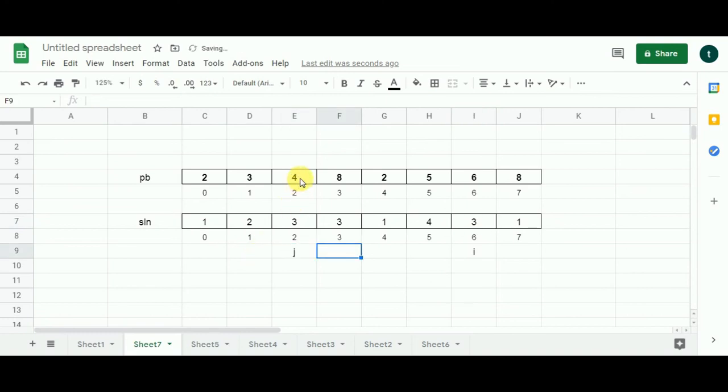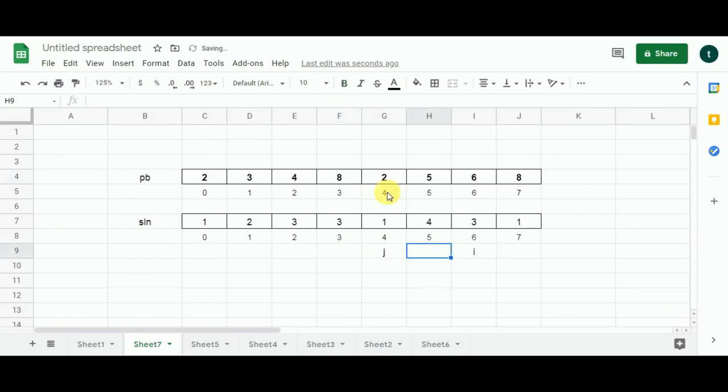Here we have 4. In here we have 6. Both are even. So the condition is negated, refused, defied. Now J represents 8. 6 is not greater than 8. 6 is less than 8. So the condition itself is negated. The first component itself is not satisfied. So J moves one cell to the right.